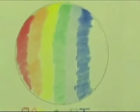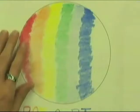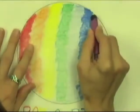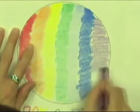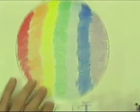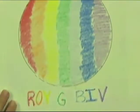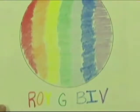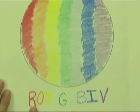The final color of the rainbow is a bluish purple called violet. I will fill up the remaining white light with violet. Now we have Roy G. Biv, which helps me remember the 7 colors of the rainbow in order: red, orange, yellow, green, blue, indigo, and